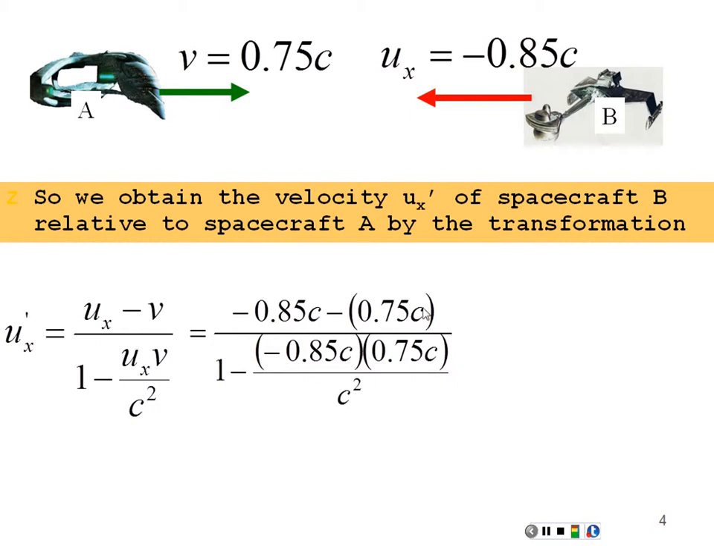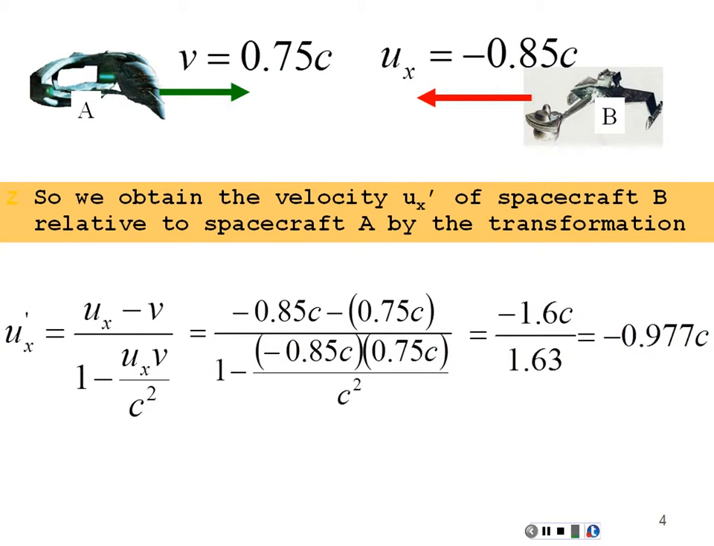In the numerator, I'm going to have a negative 1.6c, and in the denominator, I'm going to have 1 plus 0.85 times 0.75, which is 0.63. So this is going to give us a negative 0.977c. Still less than the speed of light, but